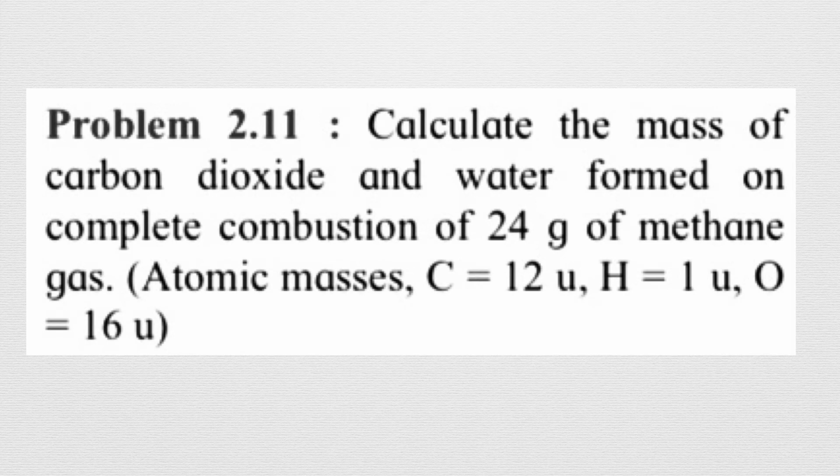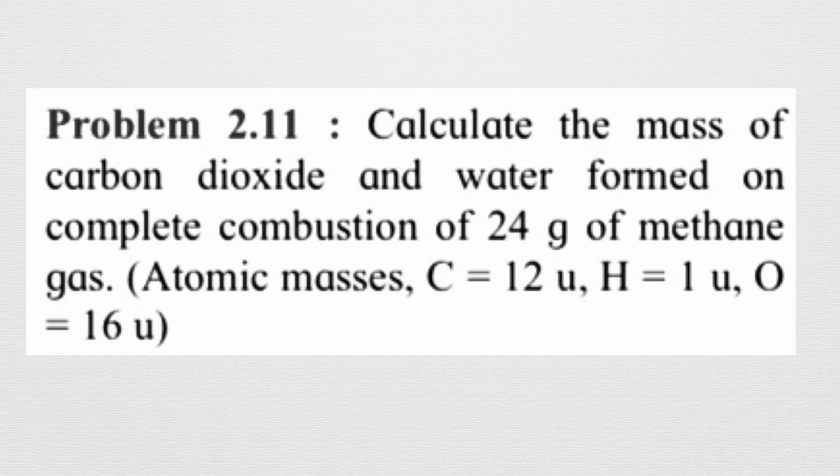When you see combustion, that means we are reacting with oxygen. Therefore, CH4, which is methane, plus O2 will give me carbon dioxide and water. These are the combustion products, that is carbon dioxide and water. So the reaction will be CH4 plus O2 gives CO2 plus H2O. But this step is not complete. We have to first balance the reaction, then only go for the next step. Once the reactants and the products are known, you have to write them in the form of an equation and balance the equation.